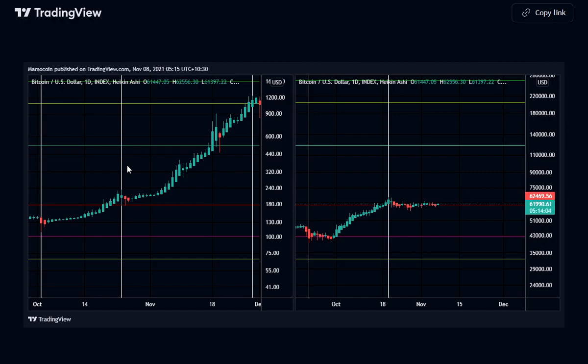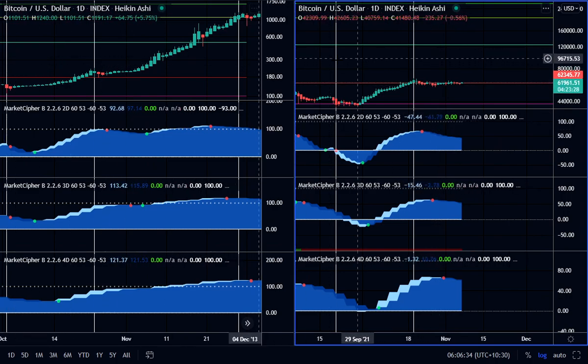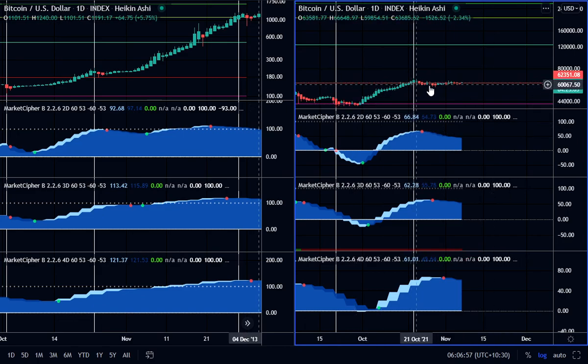So we're going to look at Market Cipher on the 2-day, the 3-day, and the 4-day, and just compare the 2013 end of bull run here and our current cycle. These are the same two white lines drawn here. This is the 2-day time frame on this second row, the 3-day time frame here, and the 4-day time frame on the bottom. And looking at Market Cipher, we can see in this consolidation area around that 1.618 level,